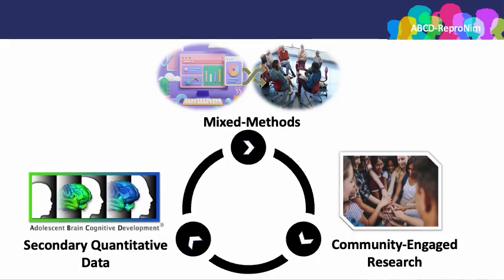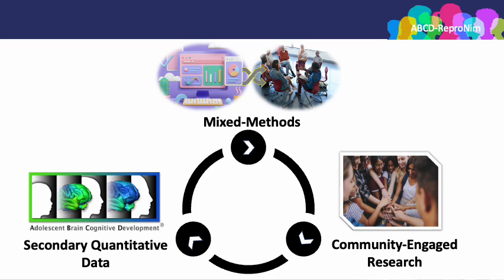It so happens that with the ABCD dataset, we have the opportunity to expand on this as a secondary dataset because the ABCD protocol included so many questionnaires on development, including brain, cognition, substance use, environment, social factors, you name it. We have youth report, we have parent report. So we have an abundance of data in this dataset. So when it's used as a secondary dataset, this means that we can now take this publicly available data and ask our own research questions, which are secondary to the primary research questions that were originally posed as part of this research program.